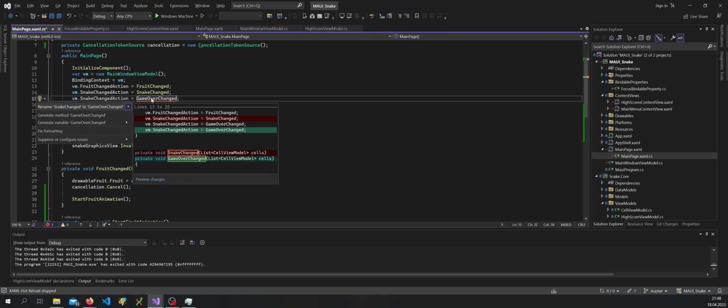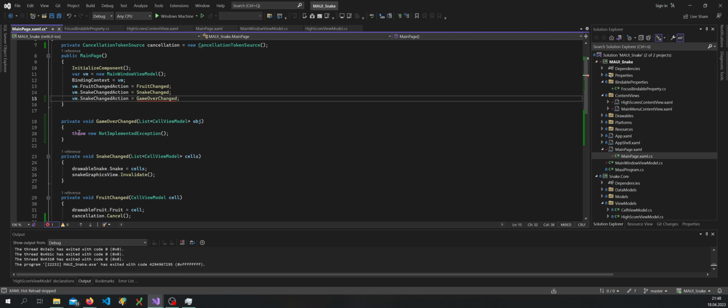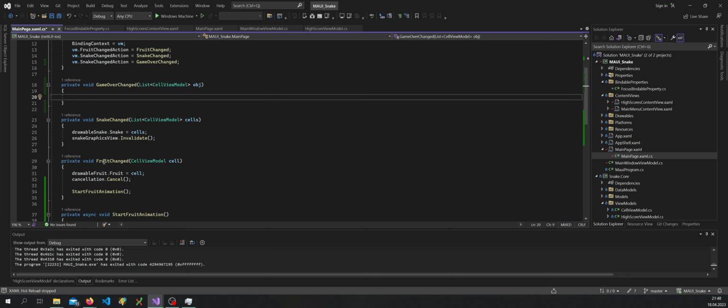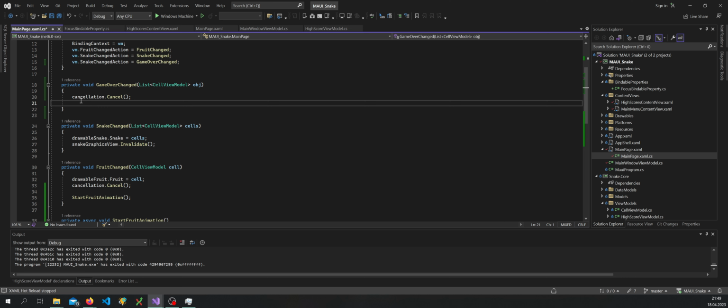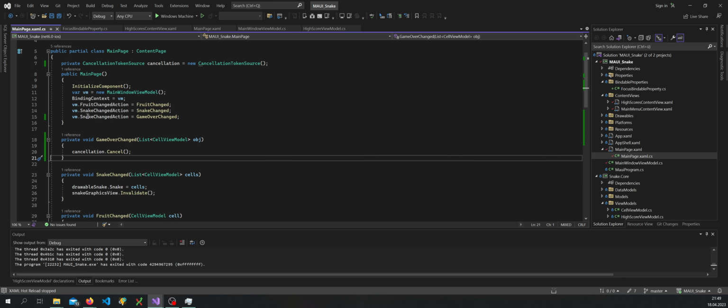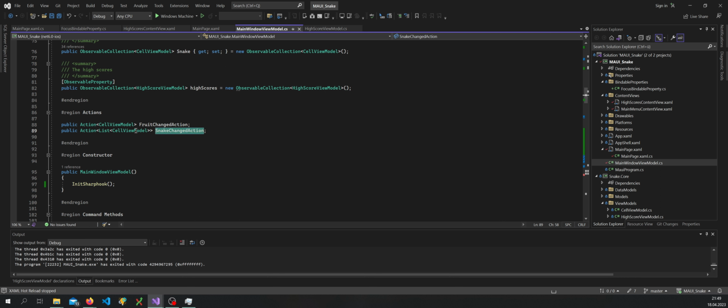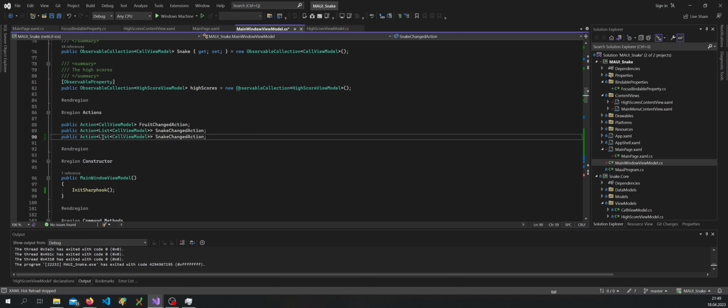No, generate method. And here we're just gonna call this, and then we just have to create this action. So it's going to be an empty action. There's no parameters that we have to pass. So game over action. Let's call that just like that. And